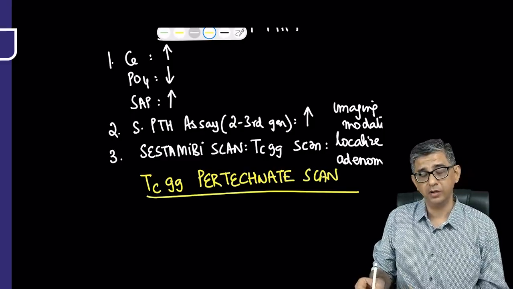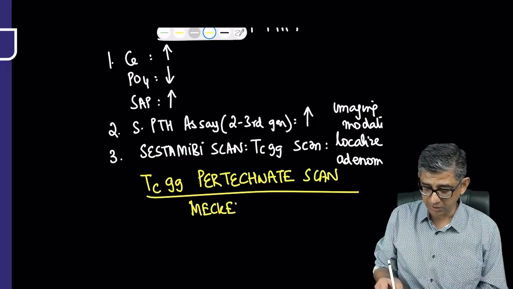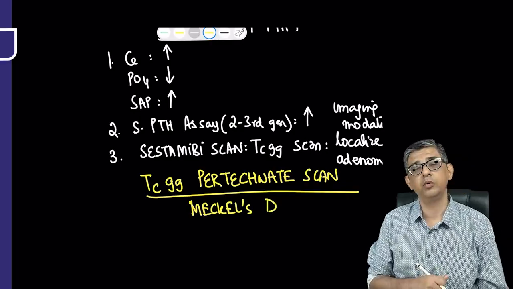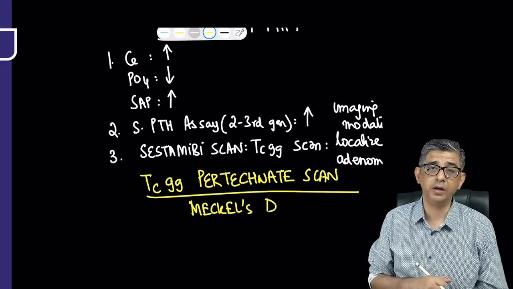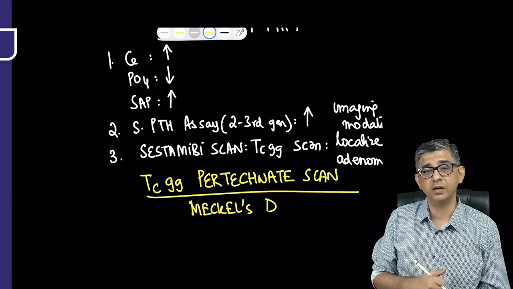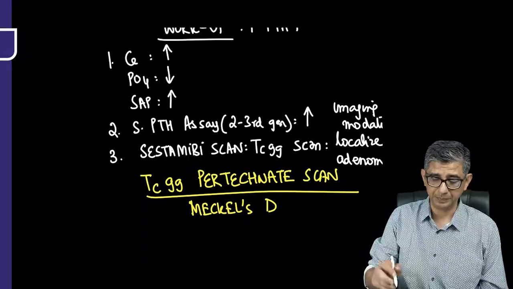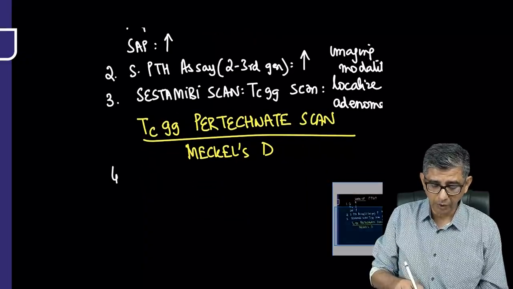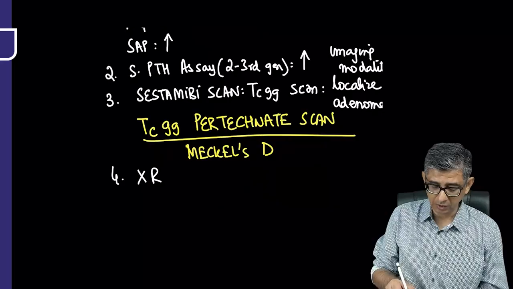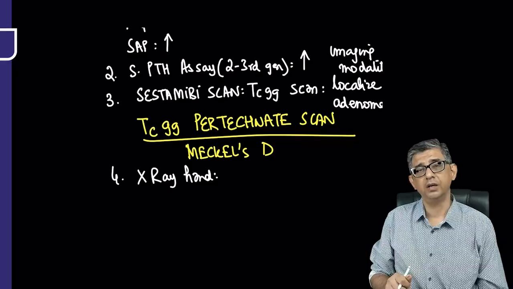I'm writing in a separate color, is what you read in pediatrics. This would cause possibly a hematochezia in a kid as well. That would be the technetium 99 pertechnetate scan, an imaging modality of choice for identification of Meckel's diverticulum, and that would be miscellaneous information that I would like you to remember. To aid you with the diagnosis in the question, he might even mention the effect of PTH, like every